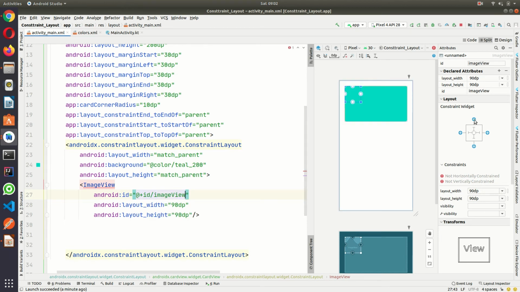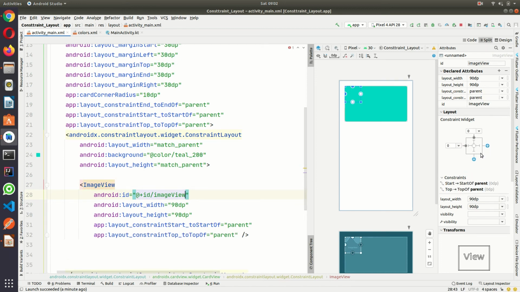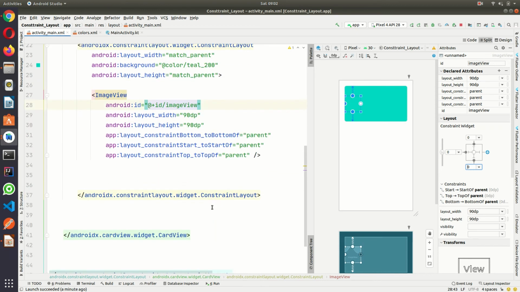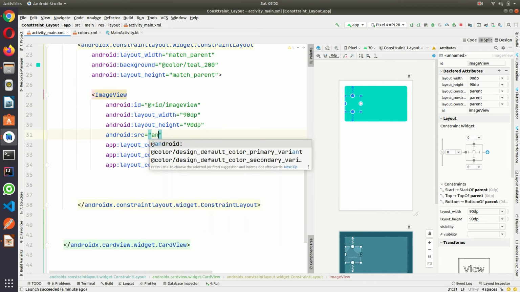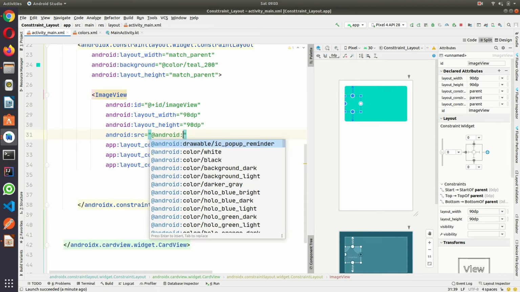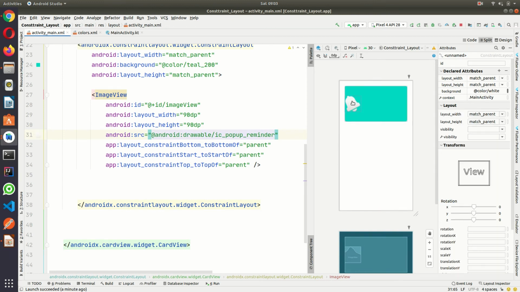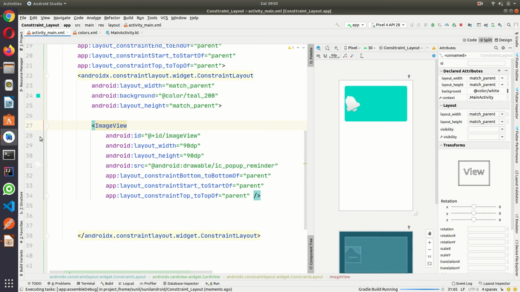So this should be parent, this should be parent, and this also parent. If I make the margin 0, then it will come to center. It came to the center. I'll use some src, background, Android. Okay, so one image came. Let me run and check.